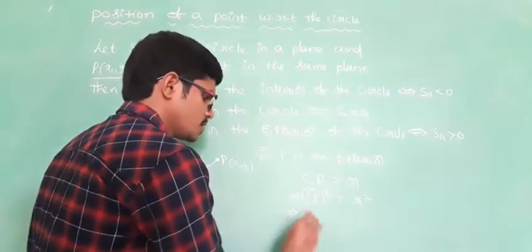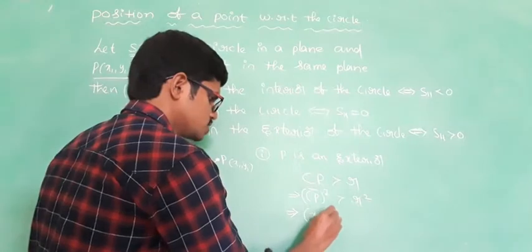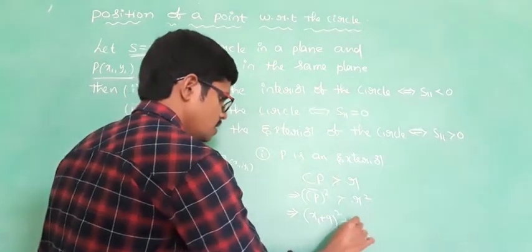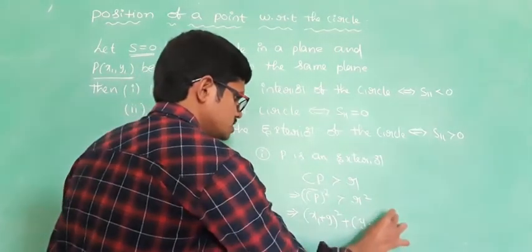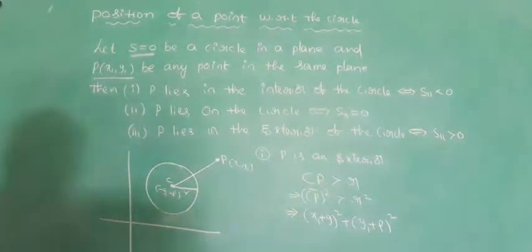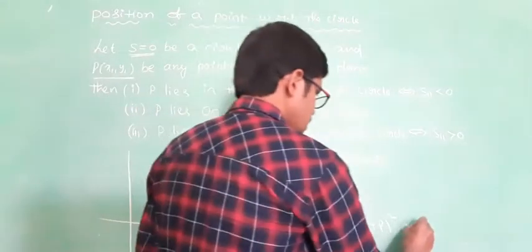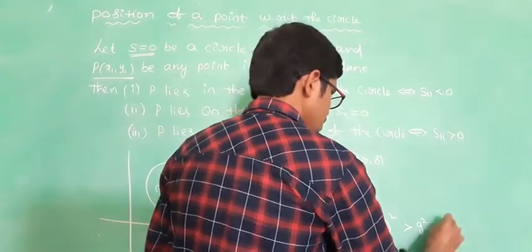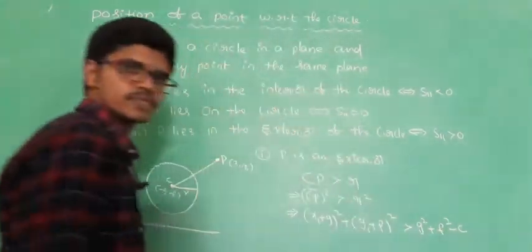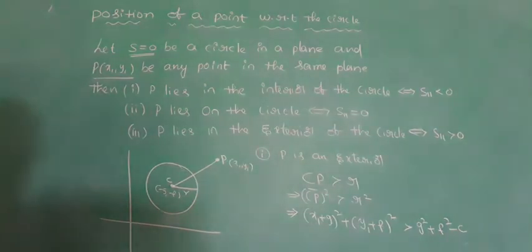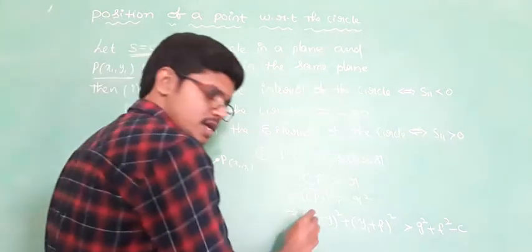Square root and square get cancelled. (x1 + g)² + (y1 + f)² > g² + f² − c. While simplifying it, we get: